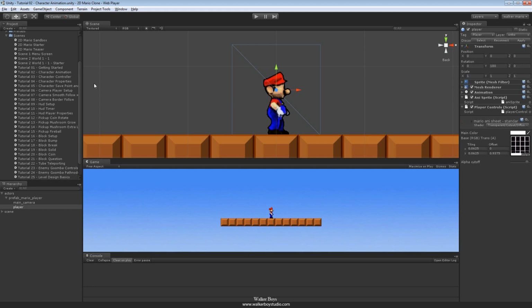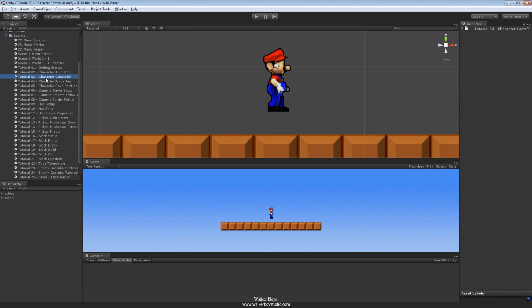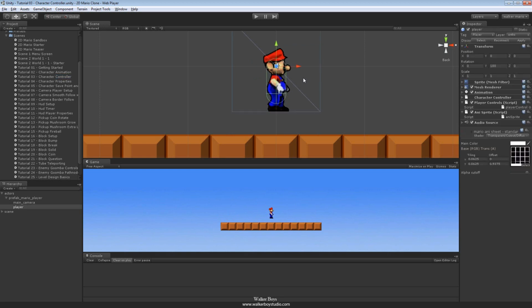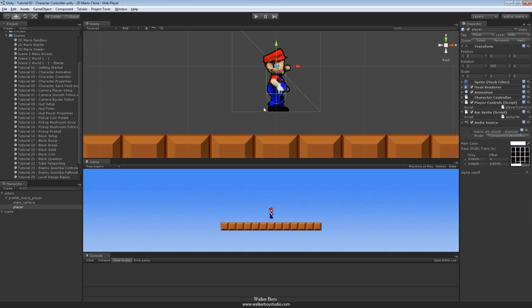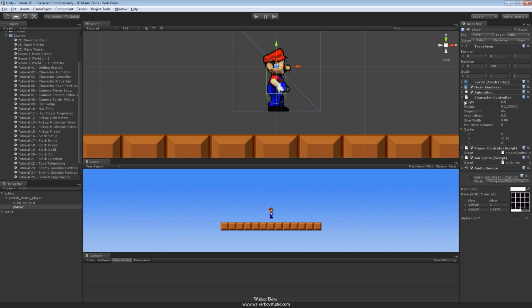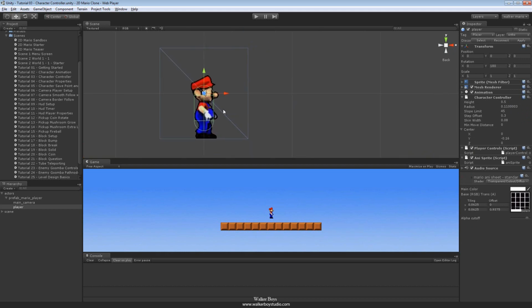So if you go into the tutorial 3 scene, inside of it, you're going to notice that the character has already defined properties on him, meaning that he has a character controller and he has an audio source. Okay, so we've added two elements to the character at the moment. Now, the character controller, if you haven't used a character controller before, then very simply put,